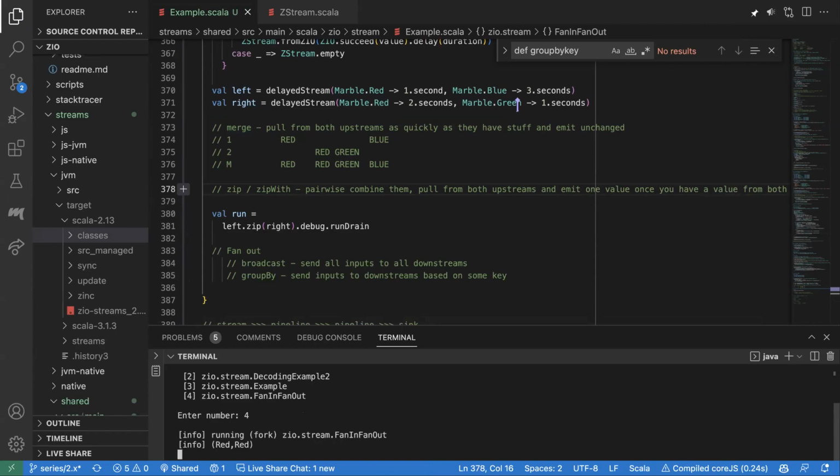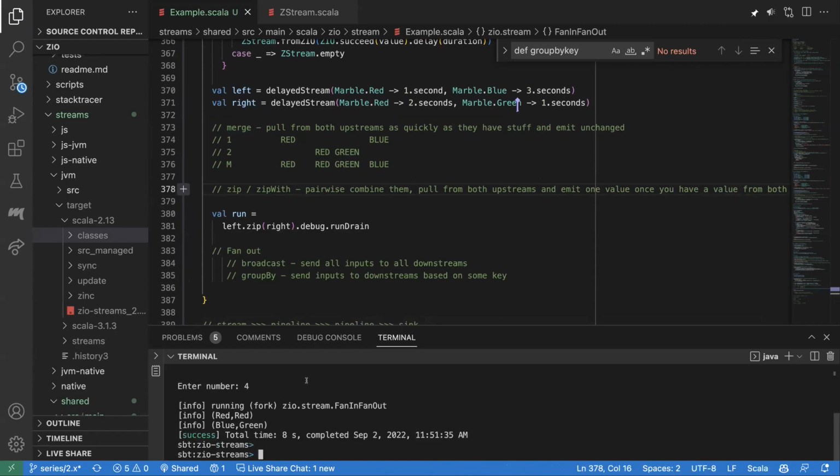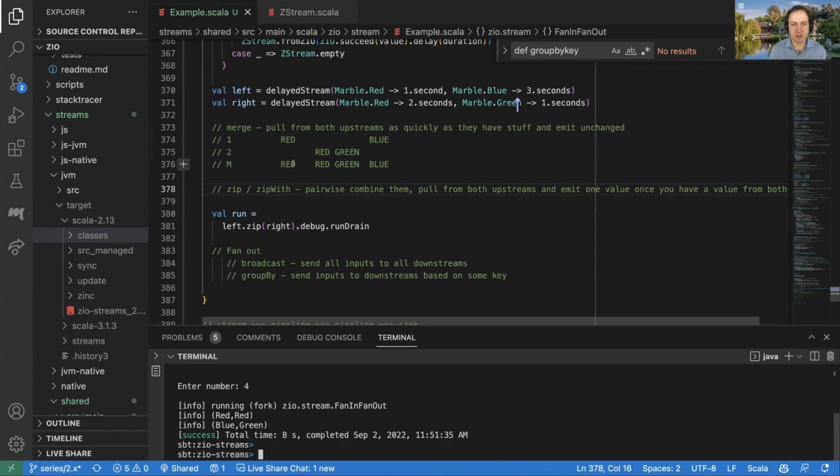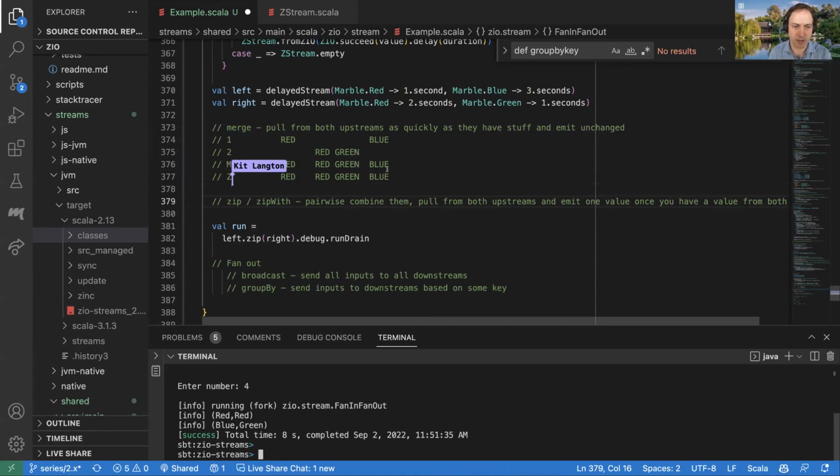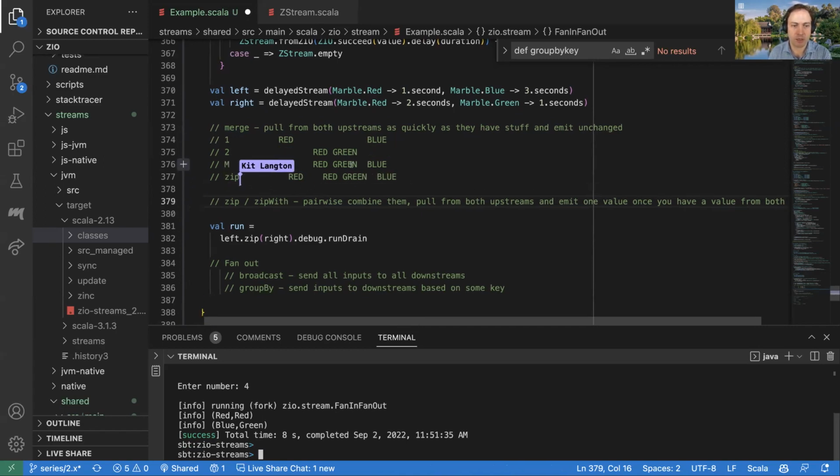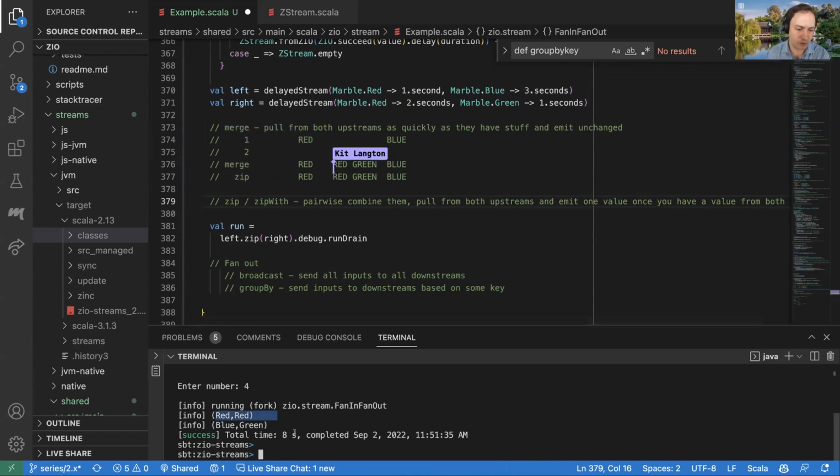Red, blue, green. So you see here versus the other one, we had this 1-to-1 correspondence: we had 4 marbles in, we got 4 marbles out. In this one here, we have essentially a 2-to-1 correspondence, right? We had 4 marbles in and we get 2 marble pairs out, or maybe we end up mapping them